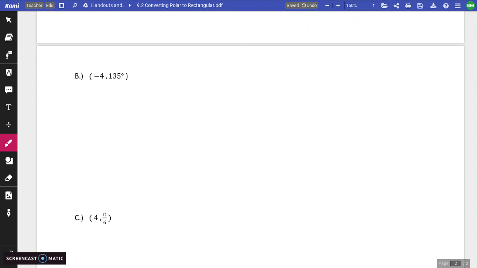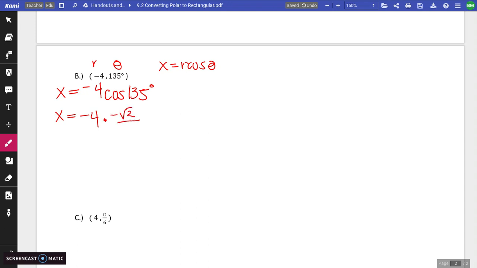Point B here, same idea. This is r and theta. If I want the x coordinate, I'll do negative 4 times cosine of 135. I'm plugging in, x equals r cosine theta, again plugging in r and theta. Cosine of 135 from the unit circle is negative root 2 over 2. You can think of this like negative 4 over 1. Negative times a negative becomes positive 4 root 2 over 1 times 2, which is 2. Simplify your fraction,